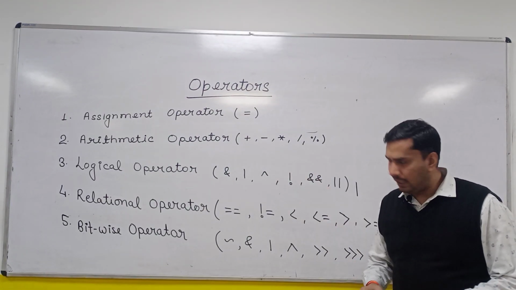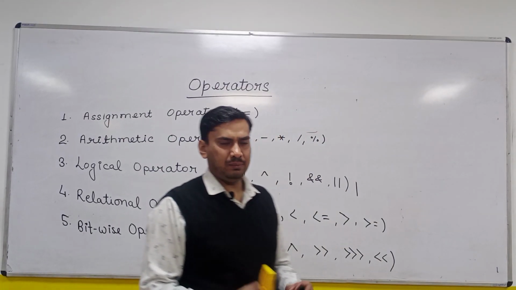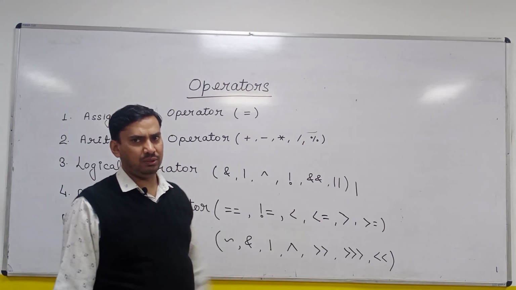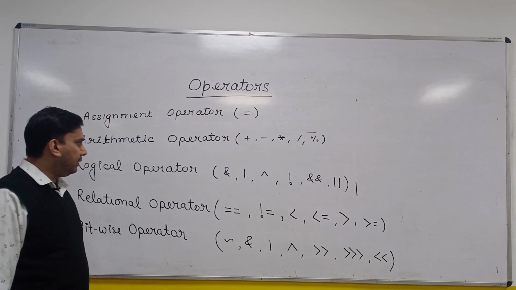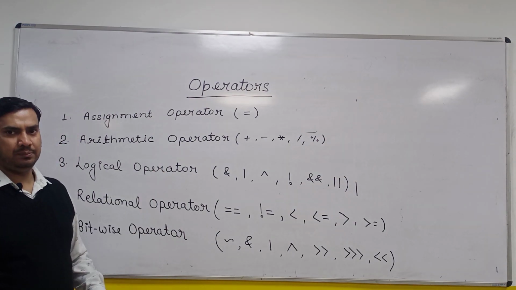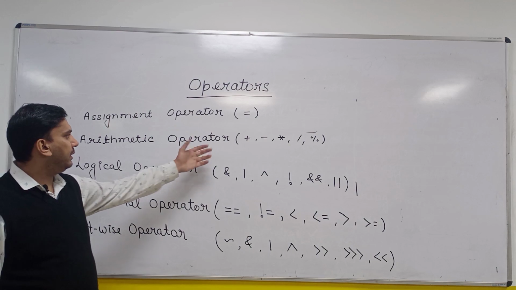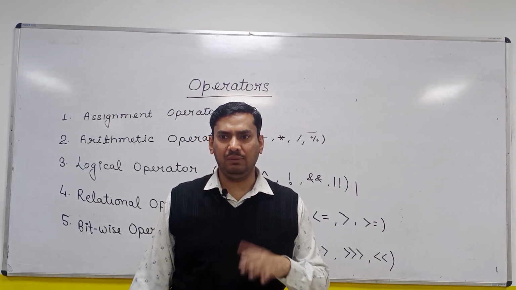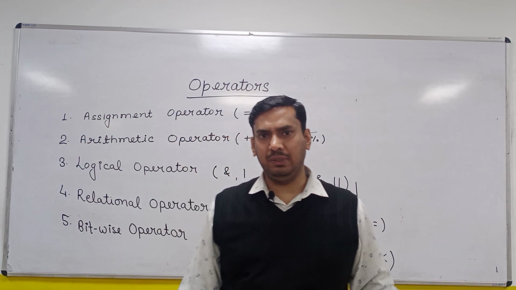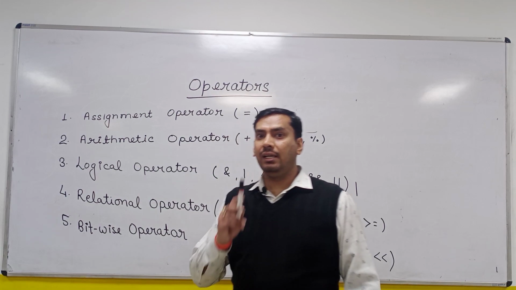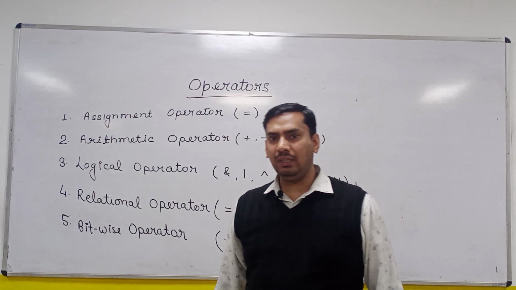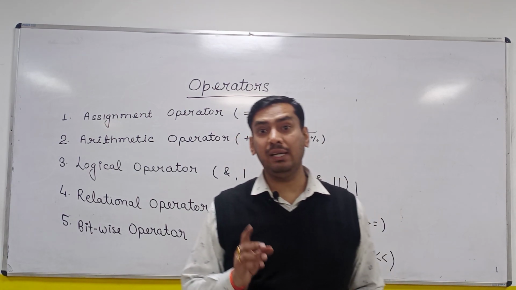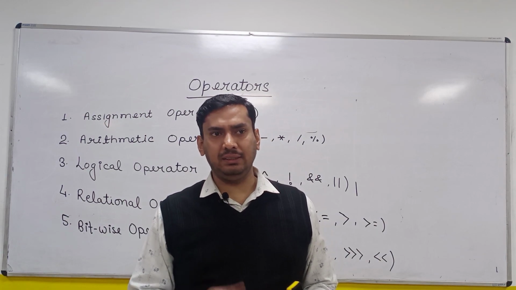So that's all about the arithmetic operators. Rest everything is clear: plus, minus, multiplication, division and modulus, which will give you the result. Then we will talk about the logical operators. In the arithmetic operators, I told you they work with numeric types only. Means you can work with byte, short, int, long, float and double. Plus one more important point here is that the character type is also compatible with the arithmetic operators. Means you can perform arithmetic operations on the char type also. This is the important point.